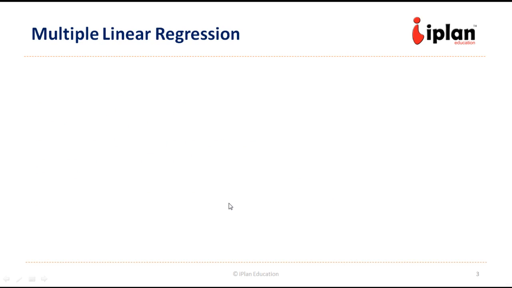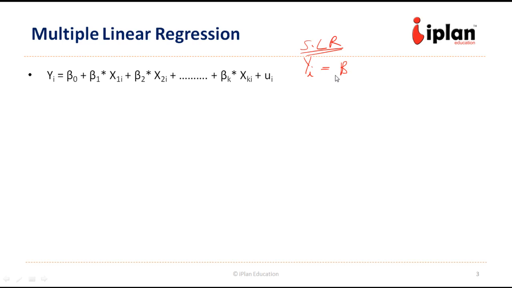So let us start with the basics. In multiple linear regression, we have this kind of model. If we remember, in the case of simple linear regression, we had a model of yi is equal to beta naught plus beta 1 x1 plus error term. So this was xi. So yi is the dependent variable, xi is the independent variable, and i is 1 to n, where n is the number of observations in the sample. Beta naught was the intercept coefficient, beta 1 was slope coefficient, and ui is the error term.